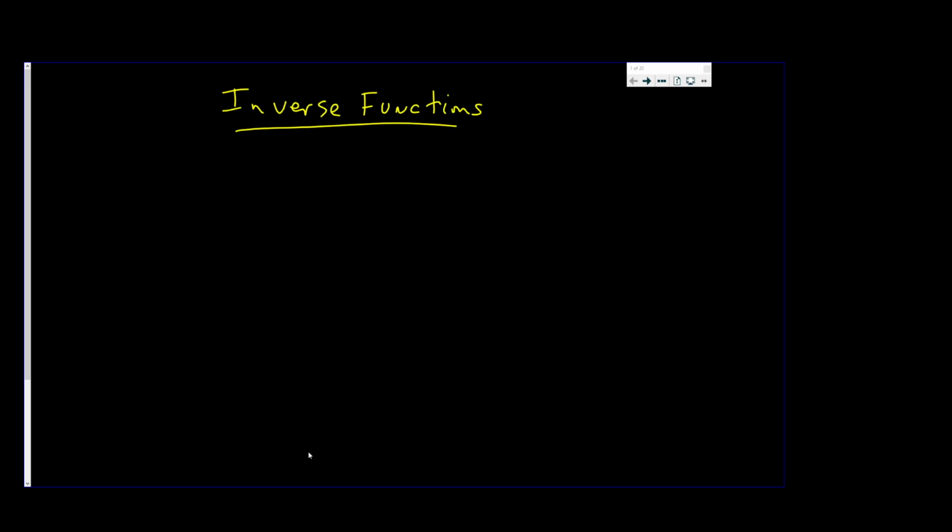In this video, we're going to talk about inverse functions. So first, let's define an inverse function. F and G are said to be inverses of one another if and only if